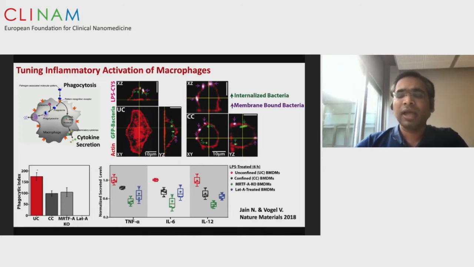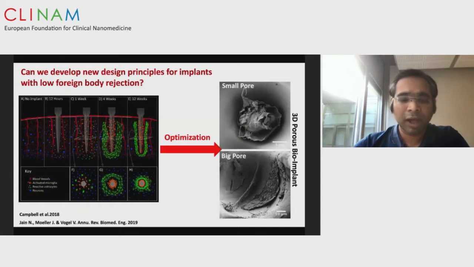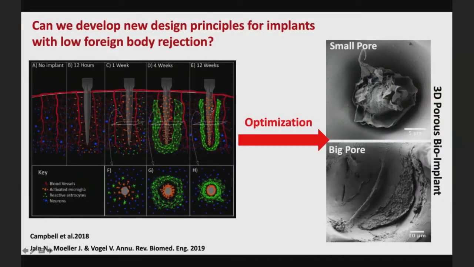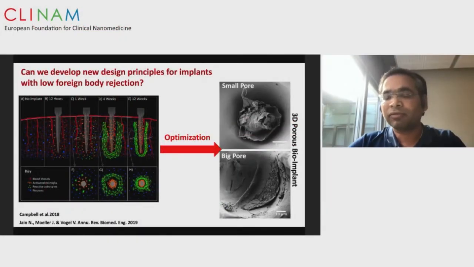And these observations not only have clinical benefit, but also biomedical importance, because we know that as soon as we put any kind of bioimplant in the human body, macrophages access these bioimplants, consider them as foreign bodies, and start the process of inflammation, and thereby reduce the efficiency and the efficacy of these bioimplants. And the idea is, can we design bioimplants having different pore sizes, where we know that macrophages will still access these bioimplants, but will not be able to initiate sufficiently the process of inflammation, and thereby we can increase the lifetime of these bioimplants. We don't know that, maybe it's true.